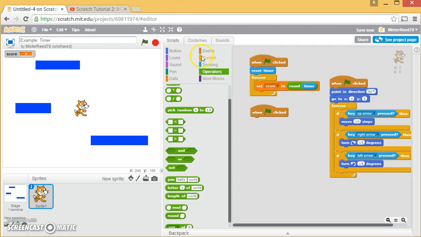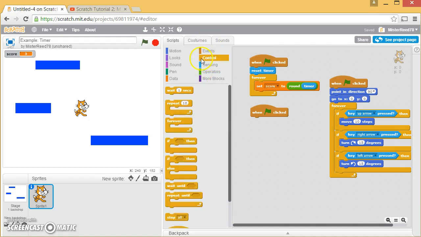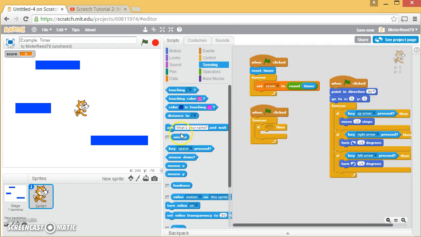Now, here's what I'm going to do. Basically, all this is timing. That's all it does. So I could then have the cat, I don't know exactly why you would want this, but just an example of how to use it. The cat could always be saying forever and ever, if I am touching the color, and now if you click here in the color box and then go pick a color, I'm going to say blue. So the cat's always checking if he's touching blue, if he's touching one of those blocks,